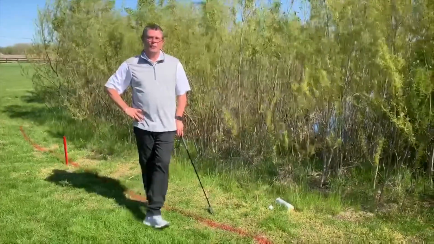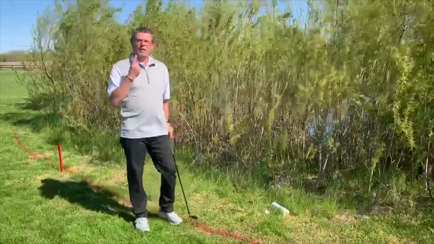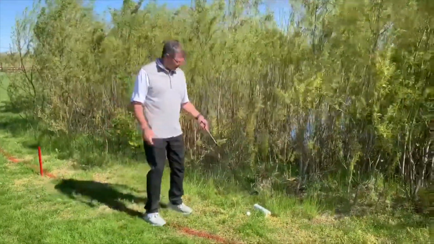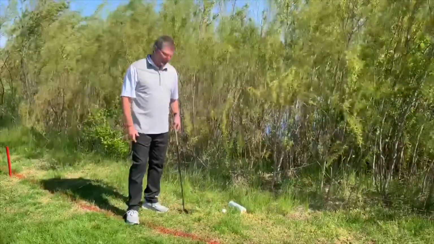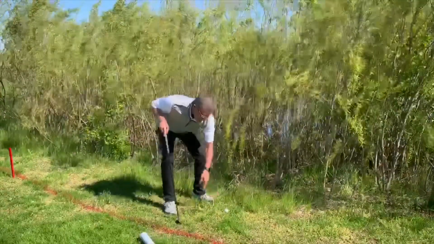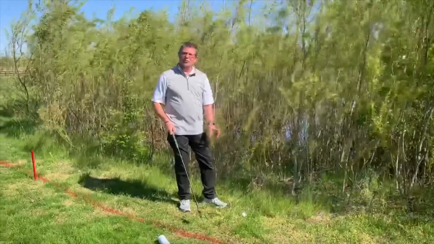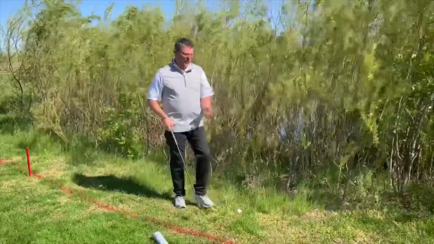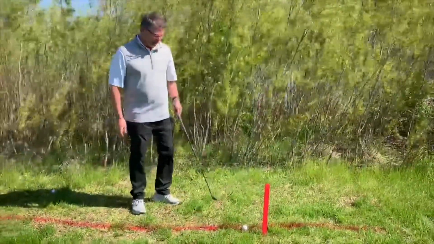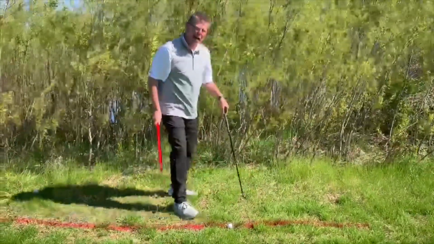So how do we handle obstructions in a penalty area? Well, you've got two types of obstructions. You've got immovable and you have movable obstructions. So in this case, there's an old paint can sitting here. That is a movable obstruction. So I can again move this and get that out of the way before I hit this shot. If I want to hit this shot, if I move the ball in the process of doing that, I'm going to replace the ball at no penalty. Also up here, this would be another movable obstruction. The stake here, the penalty area stake,